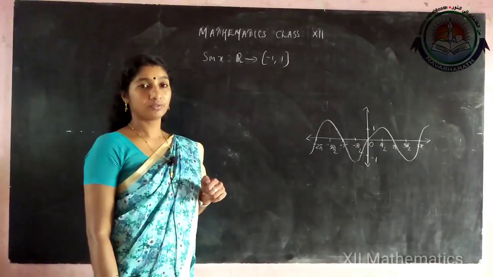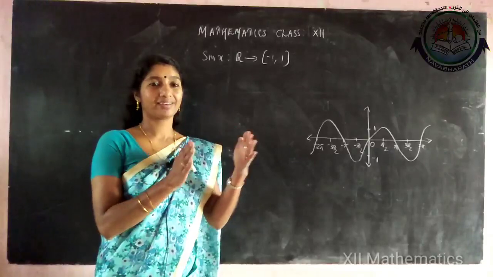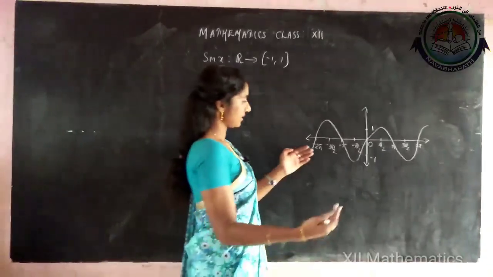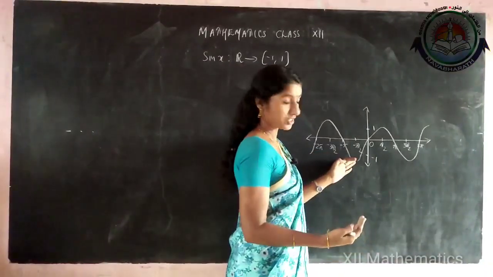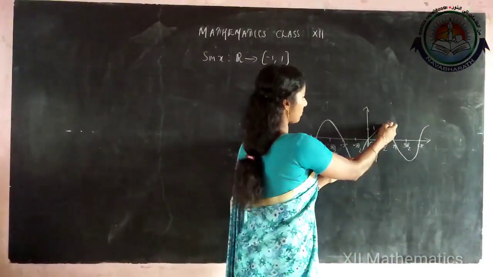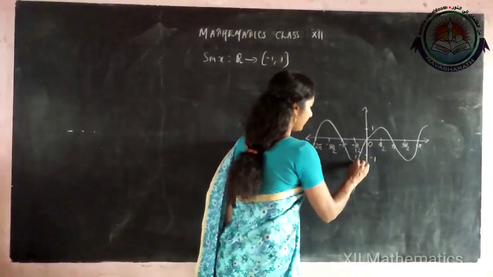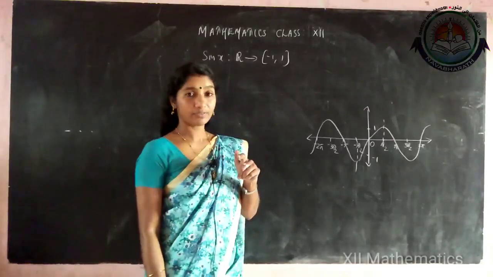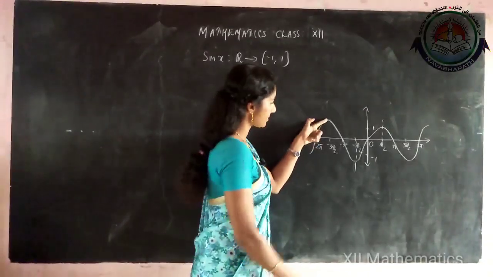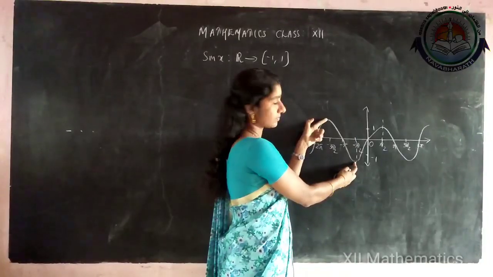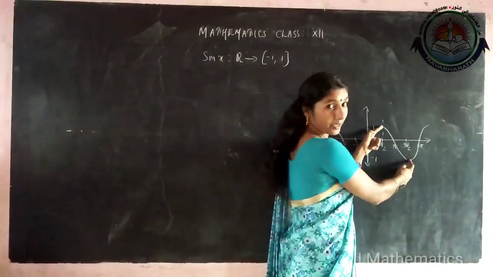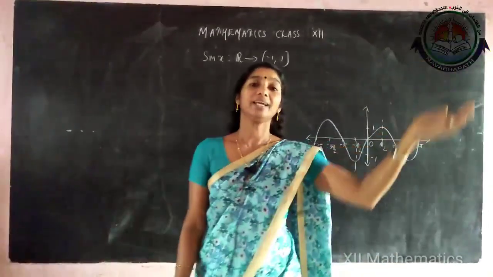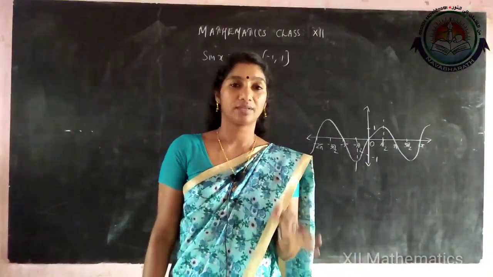So what we have to do? We have to take a small interval from R to make it a 1-1 function. So yesterday we discussed this 1-1 function from minus pi by 2 to plus pi by 2. If you take this interval, from here to here, we will get a 1-1 function. And not only from this interval, we will get it from minus 3 pi by 2 to minus pi by 2 also, or pi by 2 to 3 pi by 2 also, or 3 pi by 2 to 5 pi by 2 also. Like this many intervals are there to make it a 1-1 function.